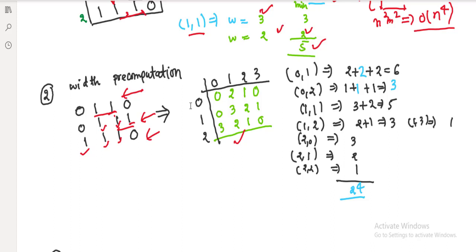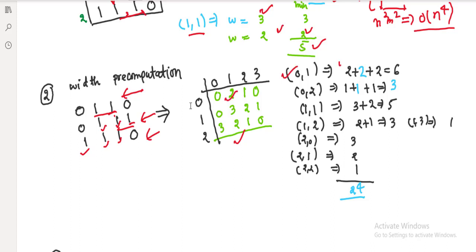Now with the help of this we can directly count the submatrices which contain all ones. Whenever we traverse the complete matrix and get a particular index which contains a value greater than 0, we'll see what the matrices are. For example, we'll start with index 0, 1, this one.